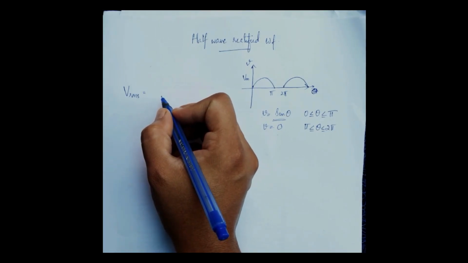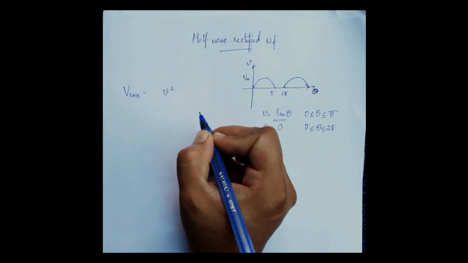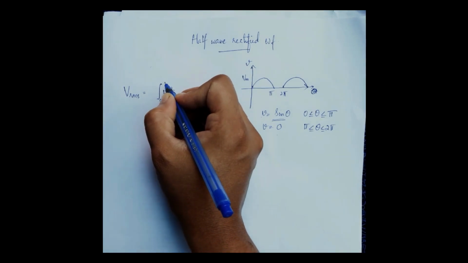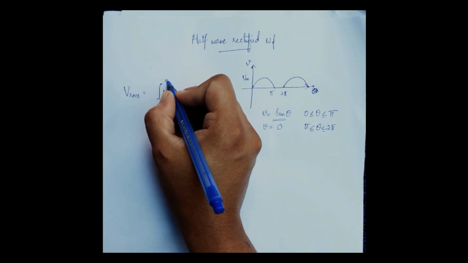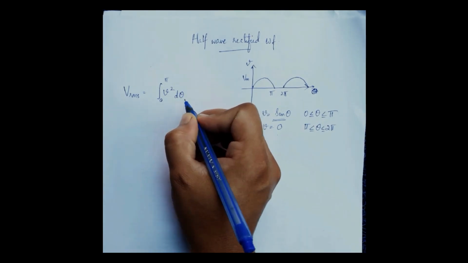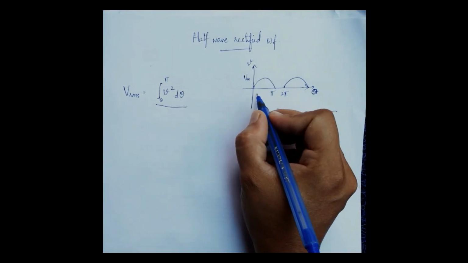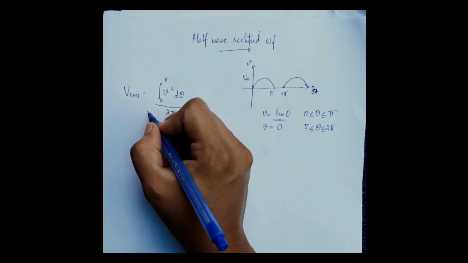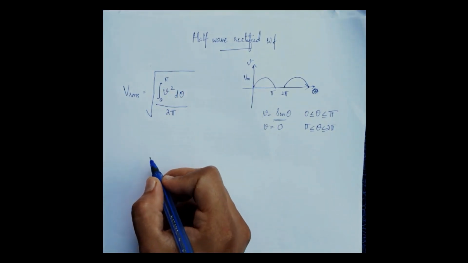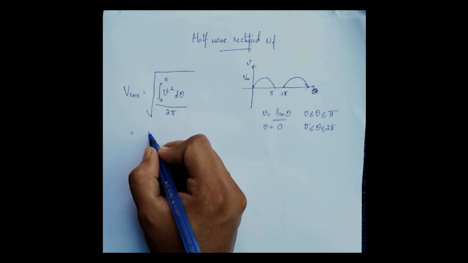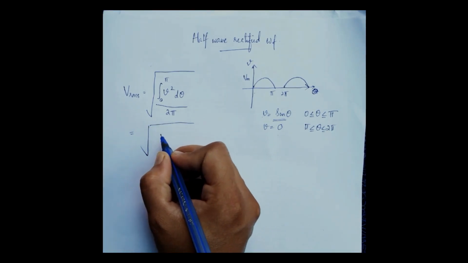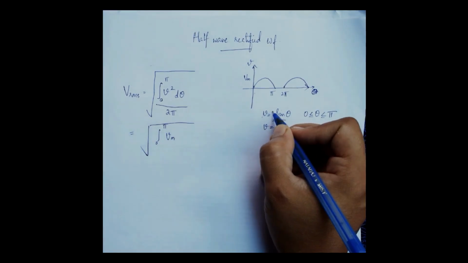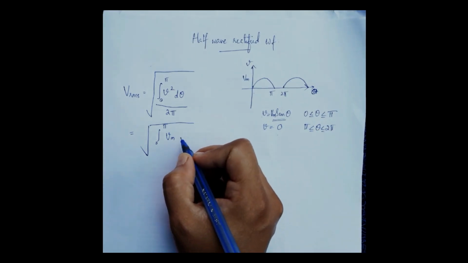Let's begin with the RMS value. Begin with first the square, then the integral for finding the mean. So here we are taking only 0 to pi because rest of the part is 0. Pi to 2 pi is 0, and the total time is 2 pi because it is not a symmetric wave. These are the mistakes that you can make. The difference between half wave and full wave rectified. The time period is 2 pi.